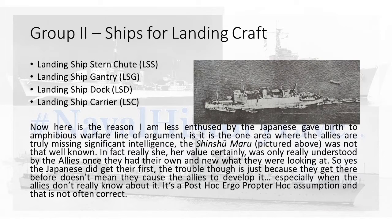Getting back to what are we looking at today? Well, today is going to be Group 2, ships for landing craft. So we're looking at landing ship stern chute, landing ship gantry, landing ship dock, and landing ship carrier. Yeah, all are going to be good, but I'm going to start off by clarifying something I said in the earlier section,